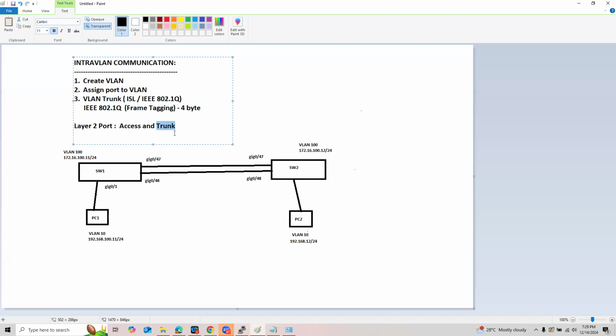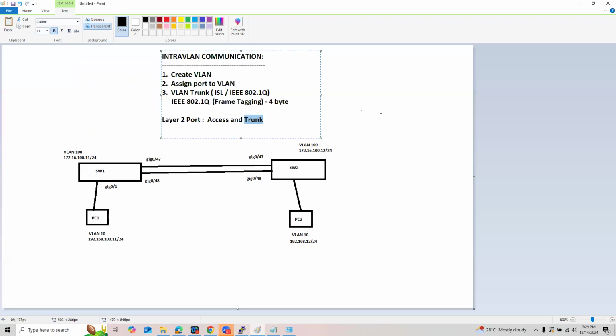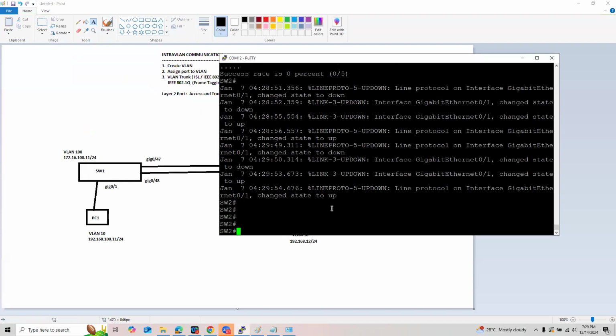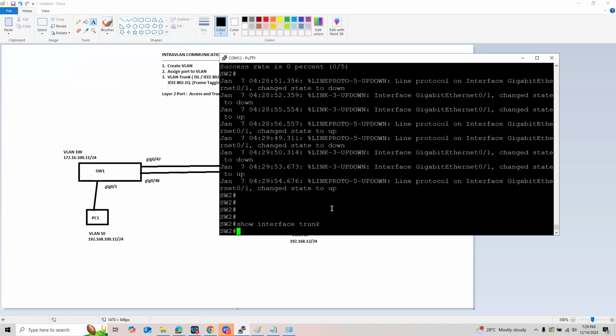And right now, we don't have a VLAN trunk yet. If you're going to check on our switches, the command to verify is show interface trunk. So just remember this simple command. And as you can see, there are no trunks yet. There is no information displayed, so this simply tells us that there are no trunk interfaces yet. All right. Any questions so far?